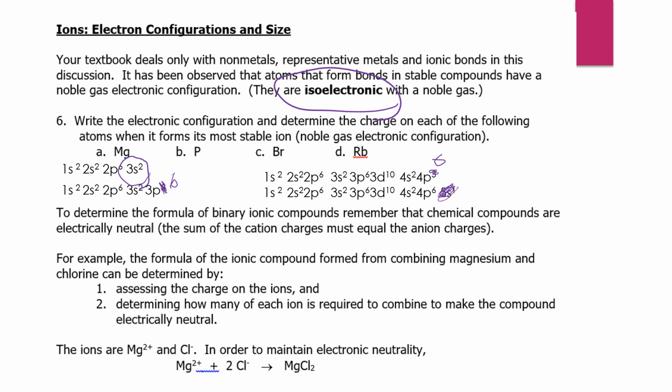If I am magnesium and I lose 2 electrons, someone else must be picking them up. They can't just disappear. Well, they can, but that's a different class. So they can't just disappear. They must be going somewhere. And they have to be picked up by a different element. So at the bottom, we have magnesium with a +2 charge. Why do there have to be 2 chlorines? That's how you balance the